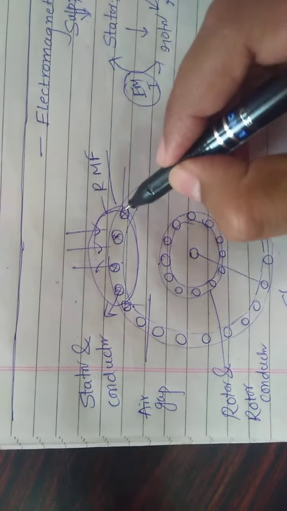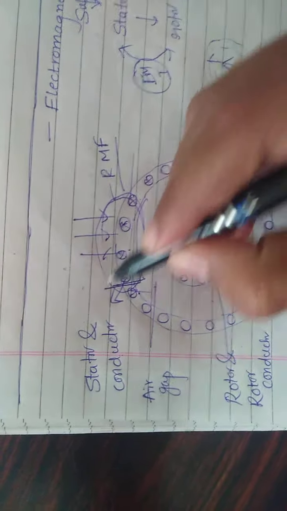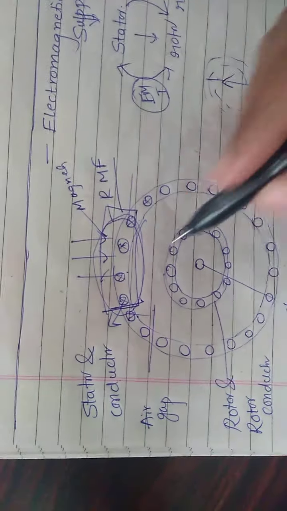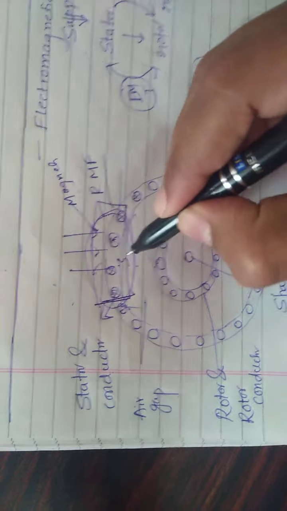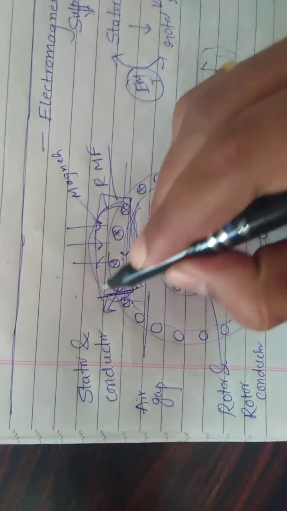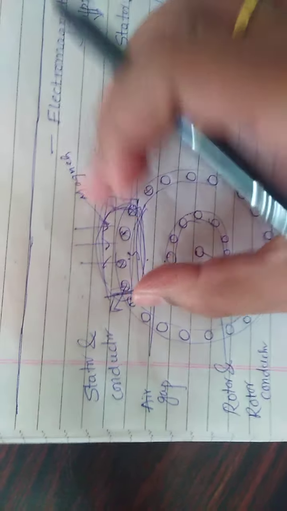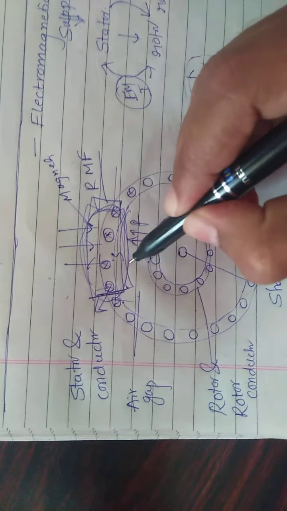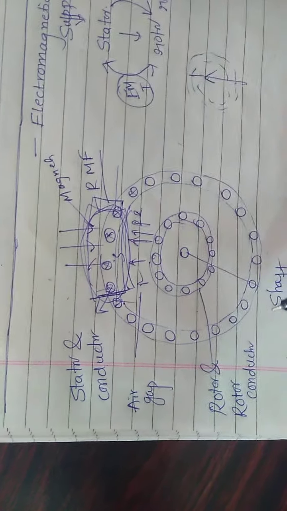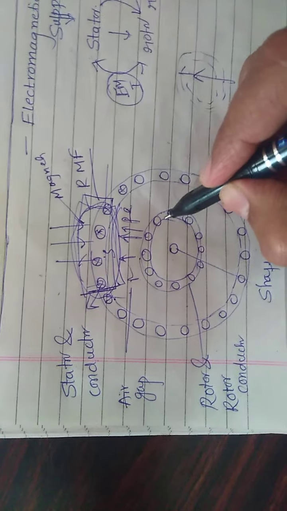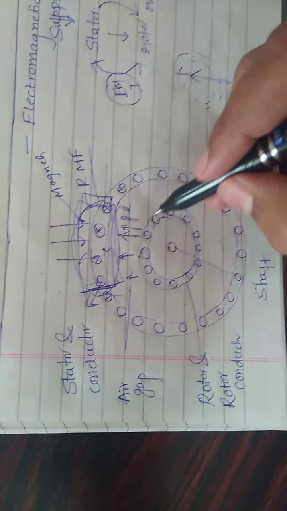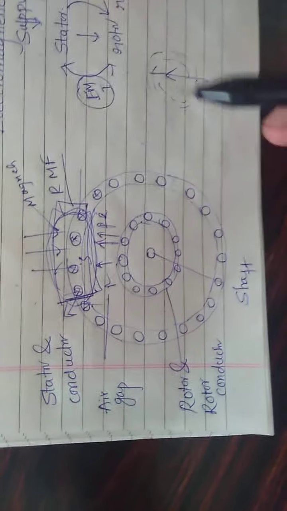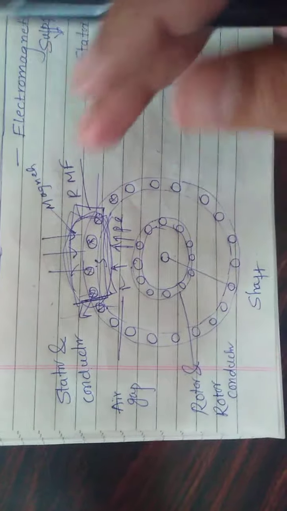Now, due to this field generation, this part acts like a magnet, either S pole or N pole. So this part we are taking into the working principle. And there is an air gap. In that air gap, there is a field of the stator, the RMF, present. And there are the rotor conductors. It may be squirrel cage or slip ring. We are considering rotor conductors, which are present here at the shaft. So this part we are taking for our working principle.